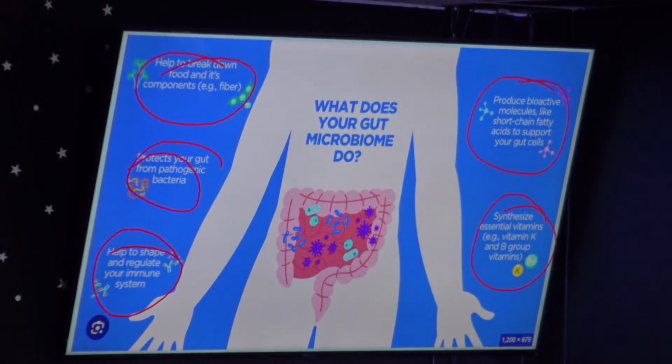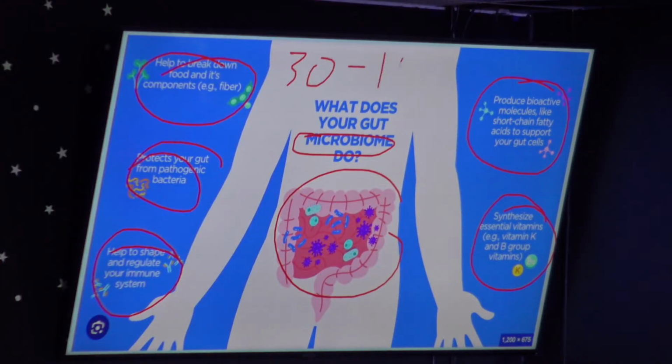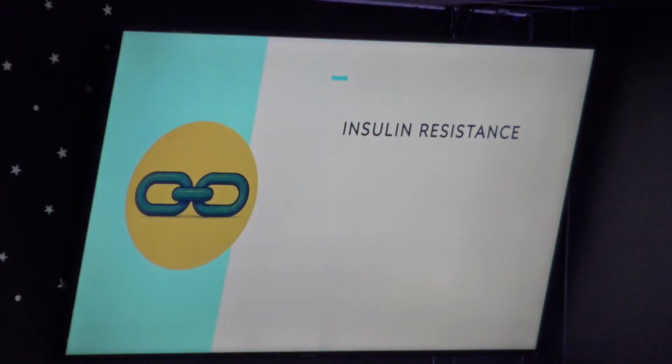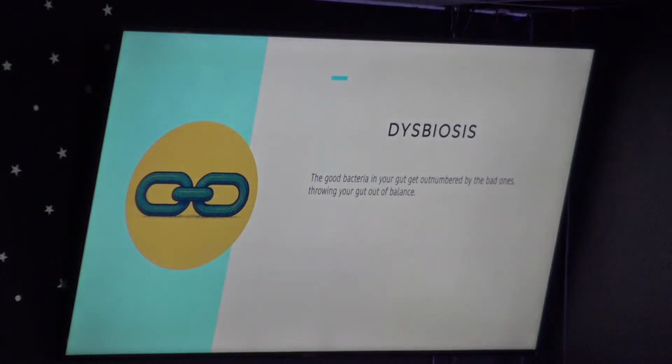That's the function of this. And this is called the microbiome. They are about 30 to 100 trillion bacteria that live in the gut. Now, when we say that you have dysbiosis or microbiome dysfunction, there is an inequilibrium in the bad bacteria and good bacteria. So we're supposed to have a 50-50% population of bad bacteria and good bacteria, 50-50% population.